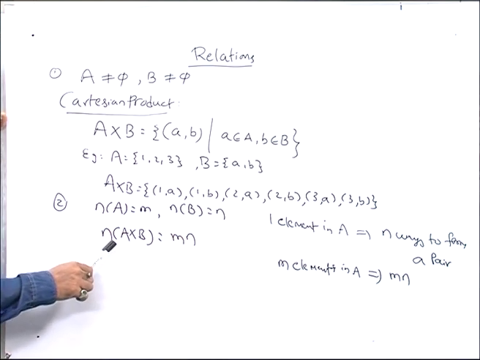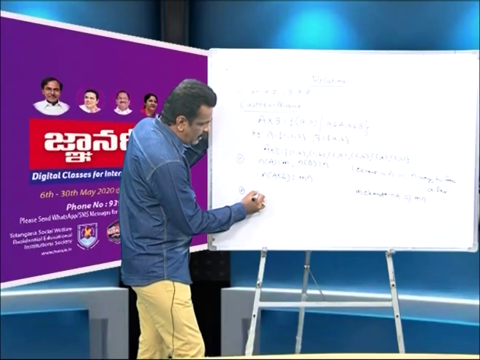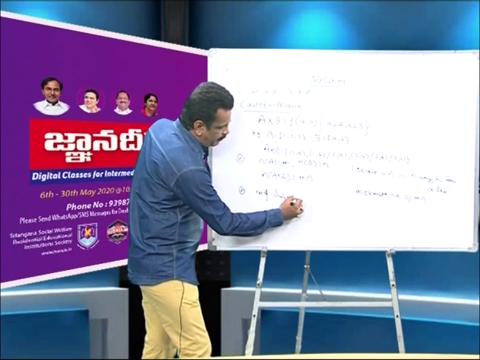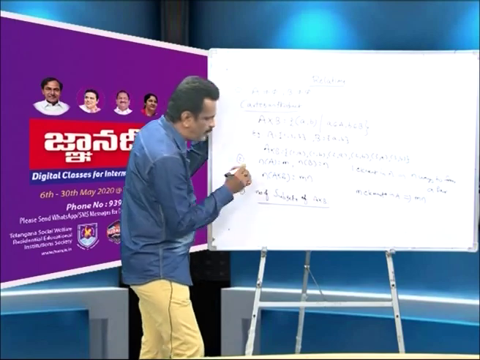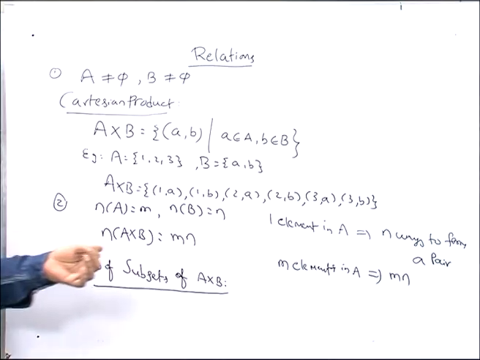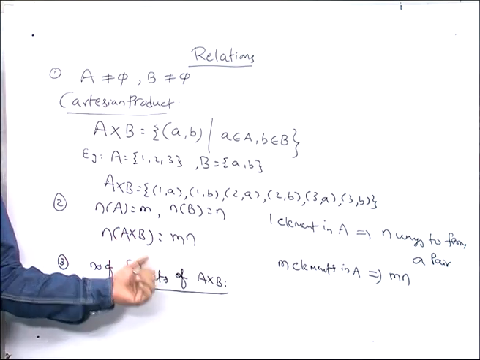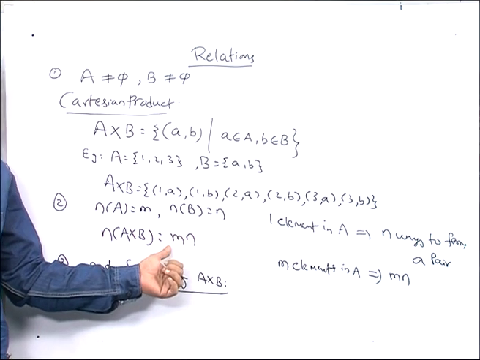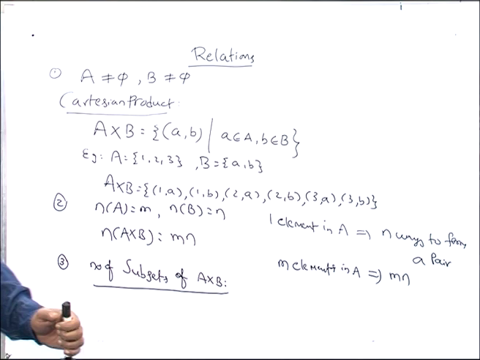So after knowing n(A cross B), point 3 here is the number of subsets of A cross B that I want to find out. A subset, you know already, is a part of a given set. Here we are discussing A cross B and its subsets, and hence from these mn elements, how many types of subsets can be formed, and hence we think of it here.